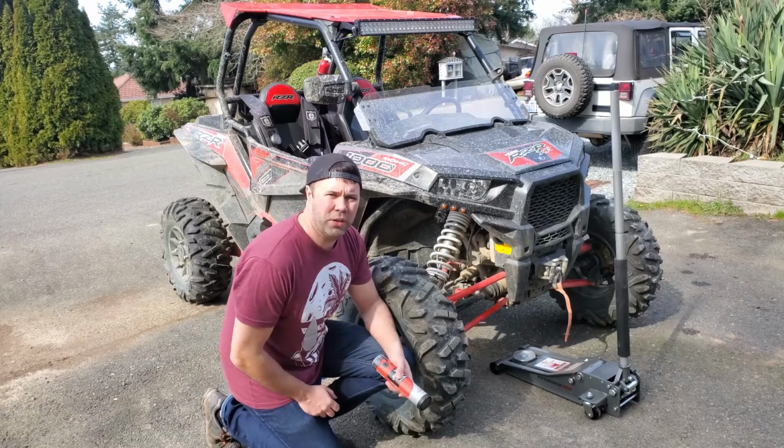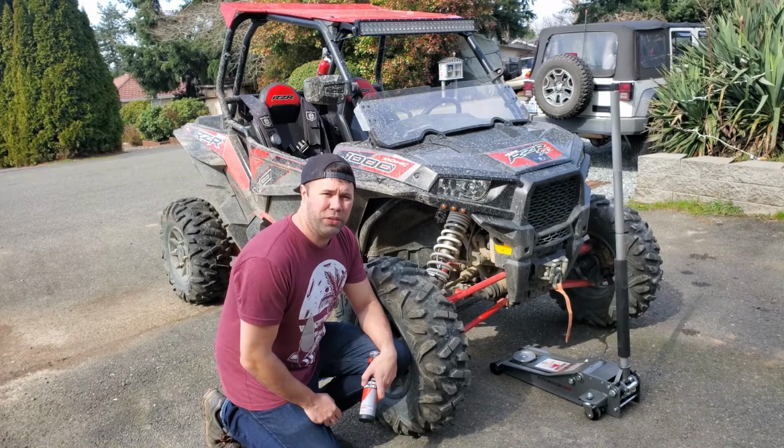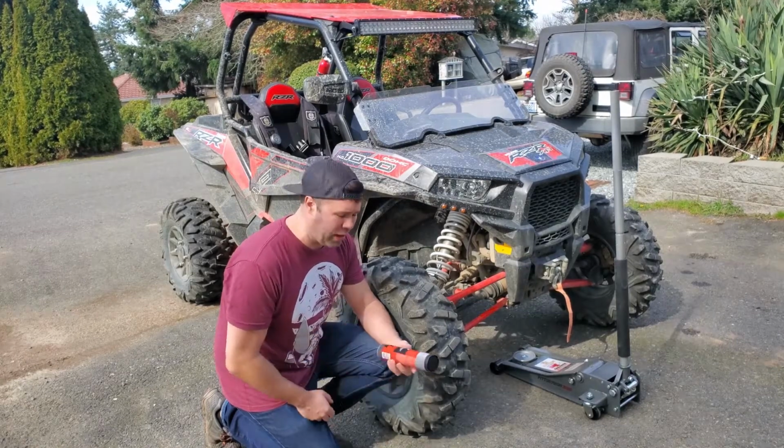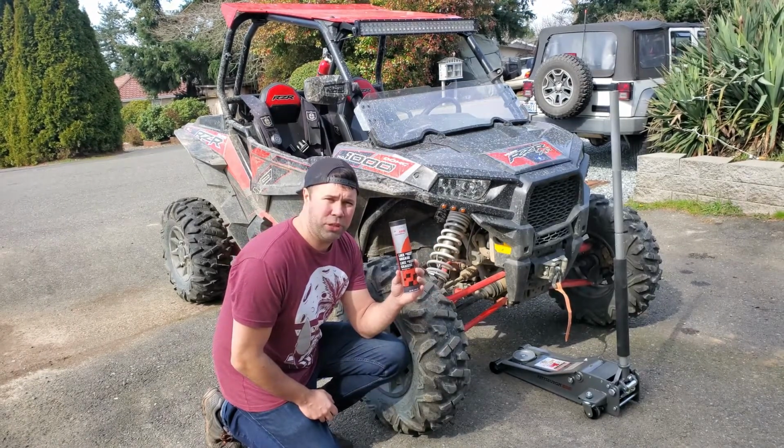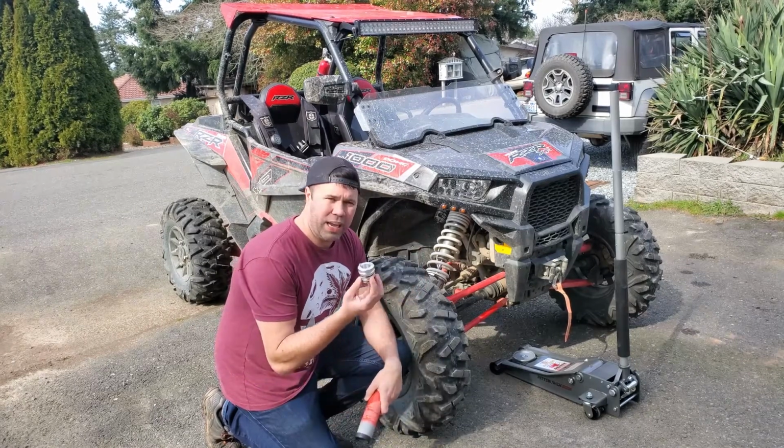Hey everyone, today I'm going to show you how to pack your wheel bearings on your UTV. I have a 2017 Polaris RZR 1000. All you're going to need is some high temperature wheel bearing grease that's water insoluble, as well as a wheel